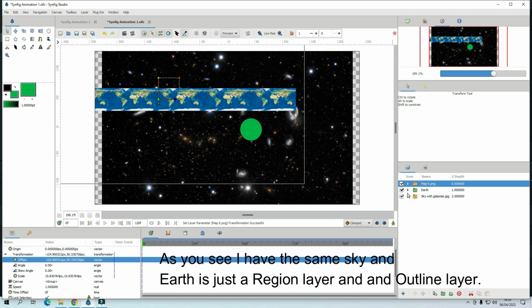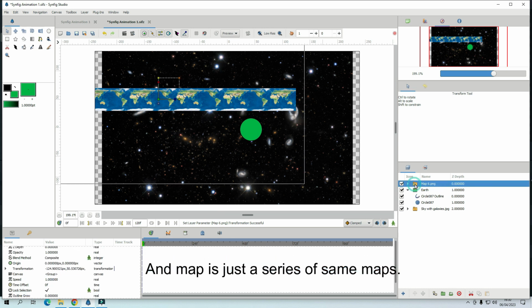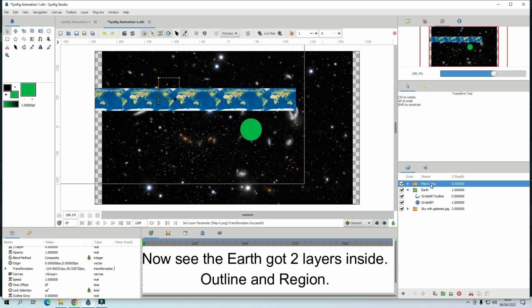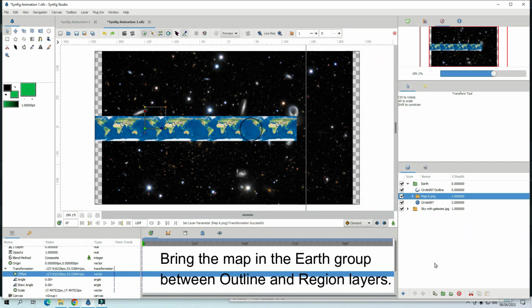As you can see, I have the same sky behind, and earth, which is just a region layer and an outline layer. Map, as you can see, is a series of maps. It's the same map, put next to each other. Now what you do is, see the earth has 2 layers inside, outline and the region, and bring the map in the earth group between the outline layer and the region layer,